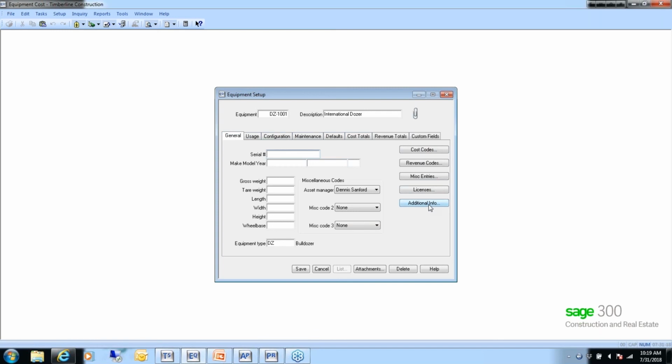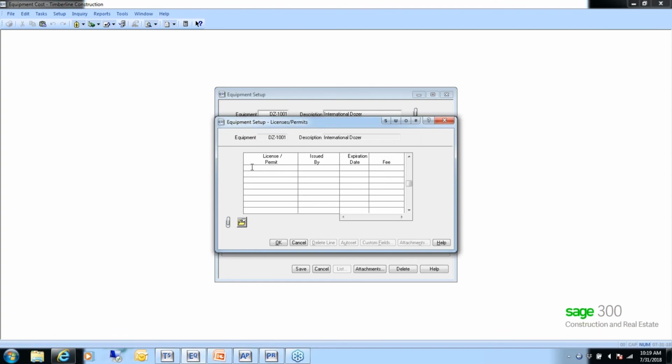Okay. We have the same thing for miscellaneous entries. Now, this particular piece of equipment does not have anything entered to it. So let me see if I can find one that might. I wonder if this dozer has anything. Not sure. Nope. It's the same concept though. You would enter in or highlight the ID and then the totals button would become activated, and you could see